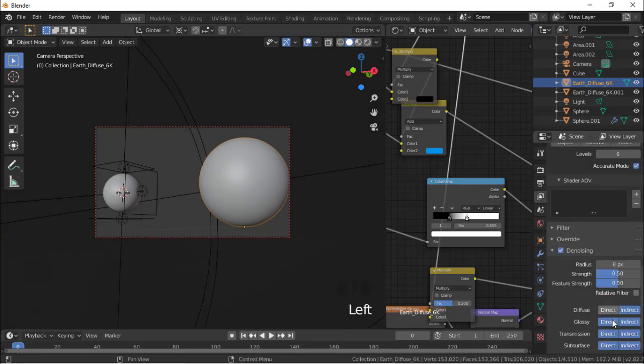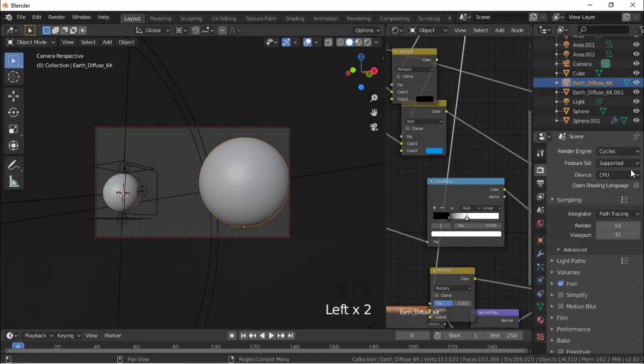I tweaked this a little bit. I removed some of the directs. You just have to figure out what will be good for you, but sometimes you just have to remove some of the direct, some indirect, whatever. The first render I just showed you guys, I rendered at 128 samples. The animation I rendered at 10, and in the compositing, I